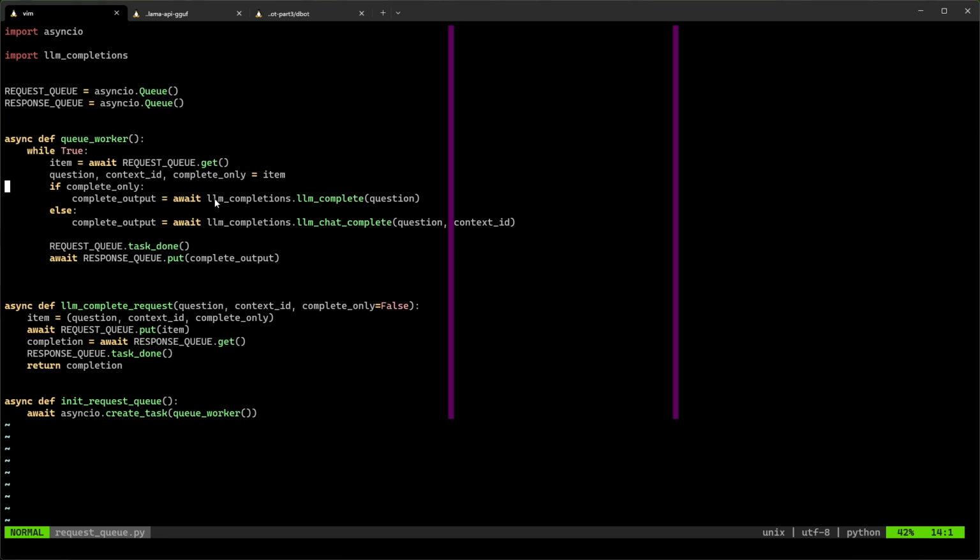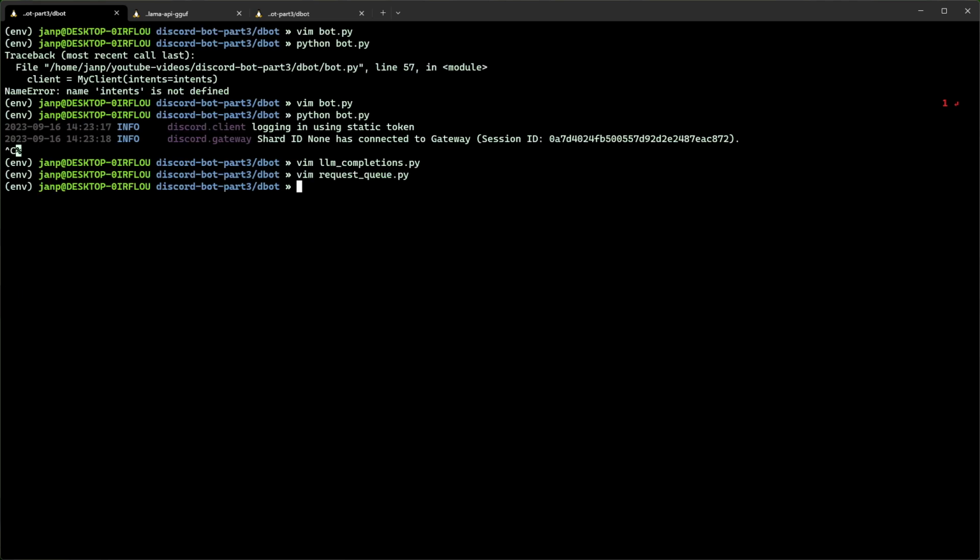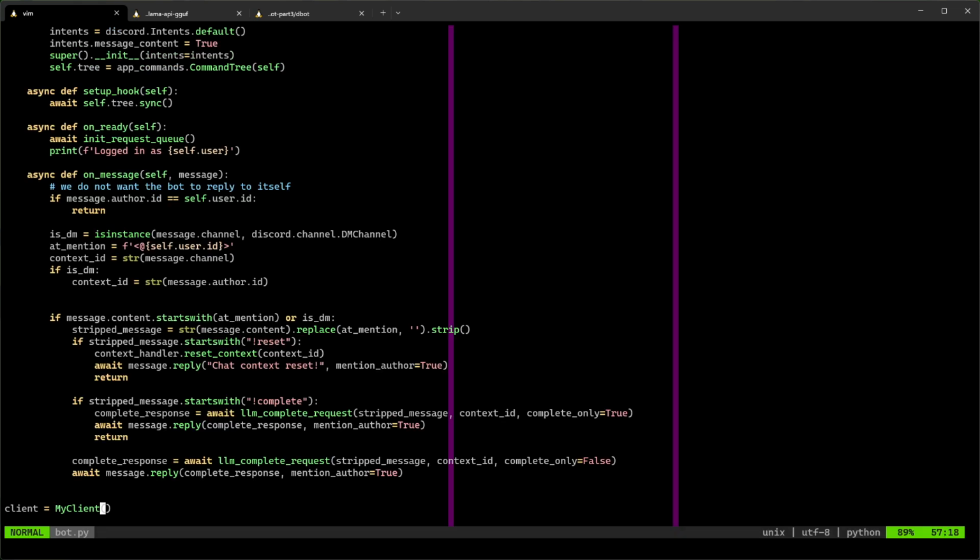So that should be relatively simple. Basically, if complete only, we're doing the LLM complete, and we are also passing context ID. Let's remove some extra spaces. That should be that for the context. And let's go back to our bot and implement the